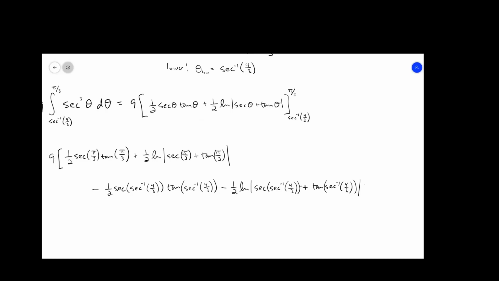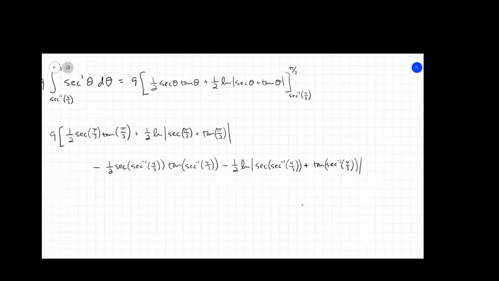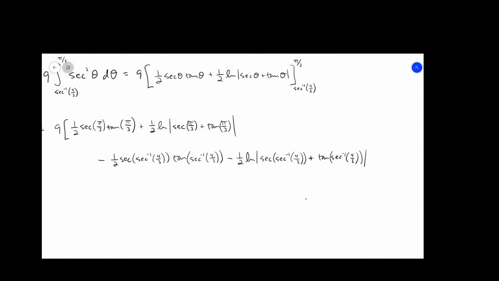All right, now we can actually do better than this because we know what some of these things are. So this is all boxed in from the rest of that stuff. I'm going to go ahead and distribute the 9. I'm going to get 9 halves. What is the secant of pi over 3? Secant of pi over 3 is, I believe, 2. Again, I'm just going from left to right here. Now we need the tangent of pi over 3. What's the tangent of pi over 3? And again, if we remember that, that's root 3